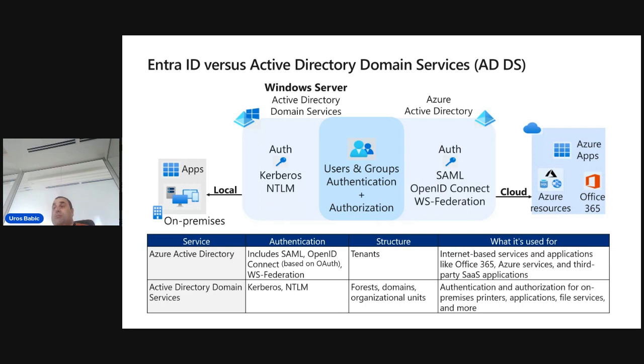I also mentioned Entra ID includes the federation service, but in the traditional Active Directory Domain Services environment, we have group policy. And that is how we understand the point of view comparison of Entra ID versus Active Directory Domain